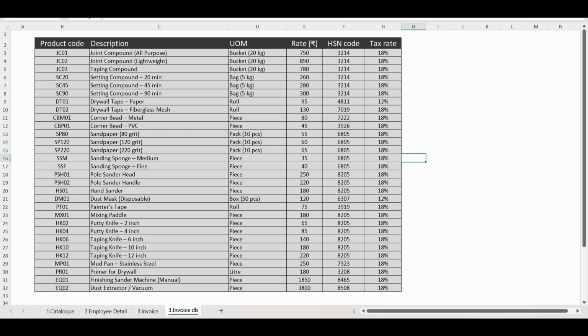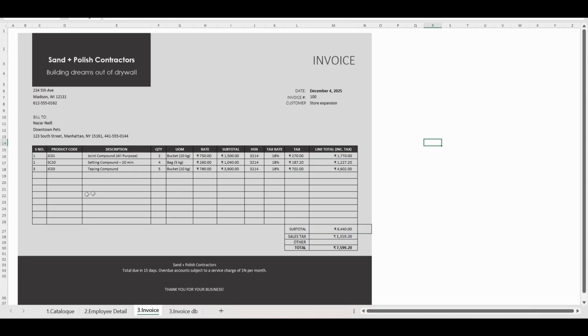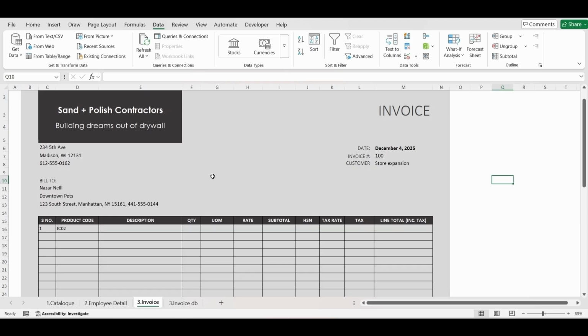So here in the next sheet is our master table where you have listed all the products with relevant details. And in this sheet, you can simply select any product. It will fetch the details automatically using VLOOKUP, enter the quantity. The moment you press enter, it automatically calculates the tax and the total value and updates the overall figures. So that's what we are going to build in this third and the last example. So this is a starter template.